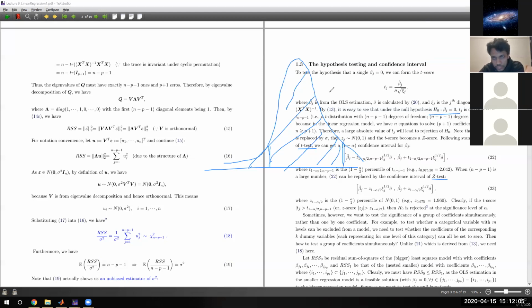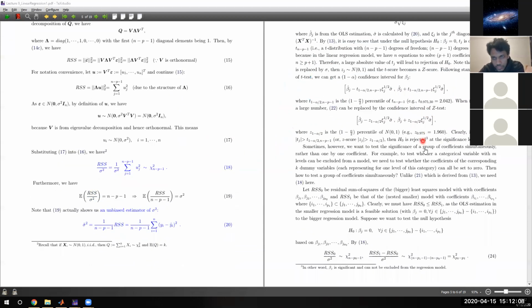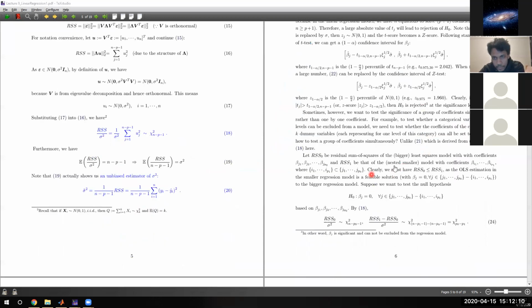Okay, let me clear. And now today, let's introduce what if we want to simultaneously consider a sequence of coefficients rather than one coefficient. So what is the point of that? The point is that, for example, suppose we have some categorical coefficients. In other words, for example, consider the multinomial distribution. For that kind of case, what we usually do is